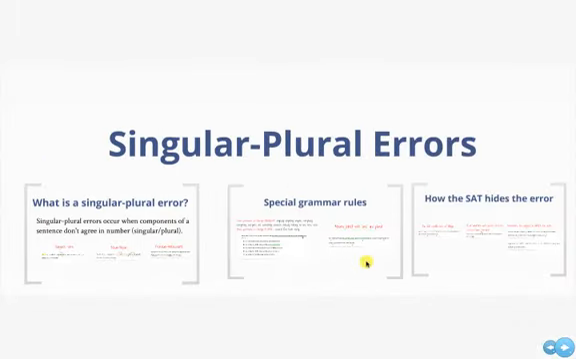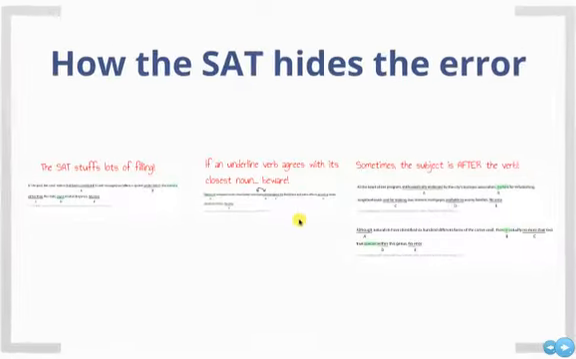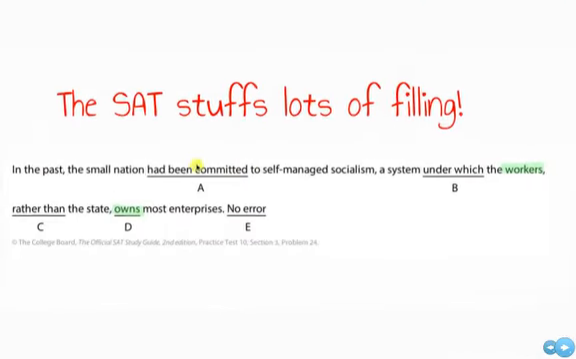So we talked about the special grammar rules, and now finally let's talk about how the SAT tries to trick you by hiding the error. First, it tries to stuff a lot of filler in between words. Now let's read this really long sentence. "In the past, the small nation had been committed to self-managed socialism, a system under which the workers, rather than a state,